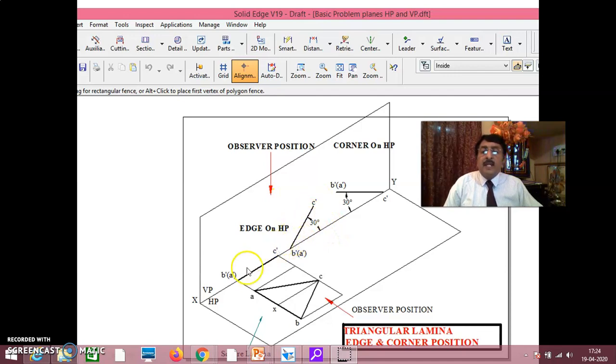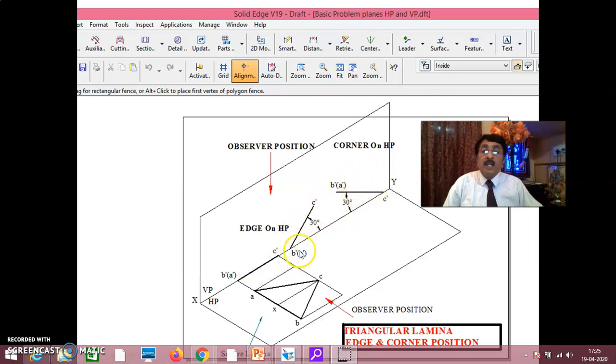This is median length only. That is why this front view and this front view will be one and the same, because it's the same median length, and it's also lying in VP. When you're lying in VP, it is parallel to VP. That means whatever you do, the front view won't change. That is why even this front view will never change.